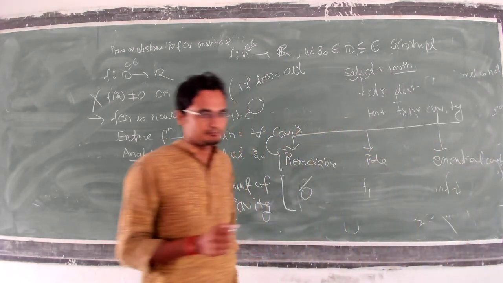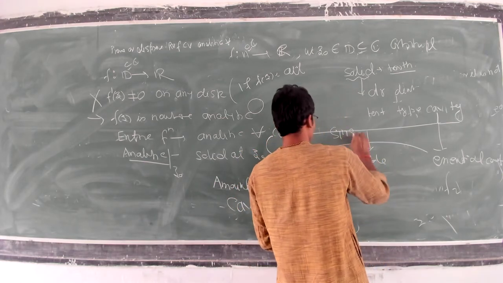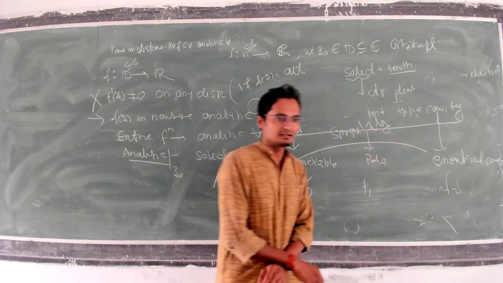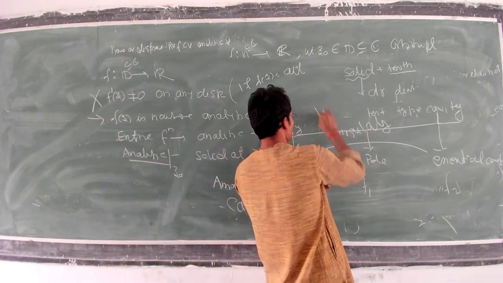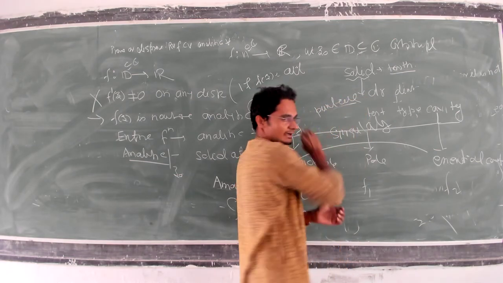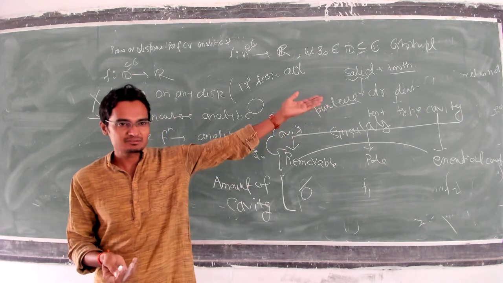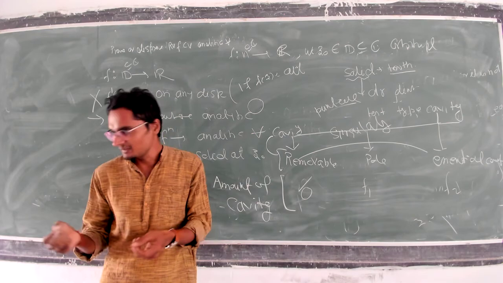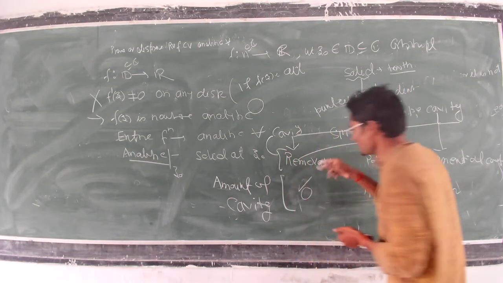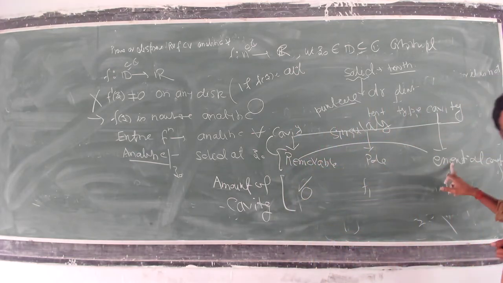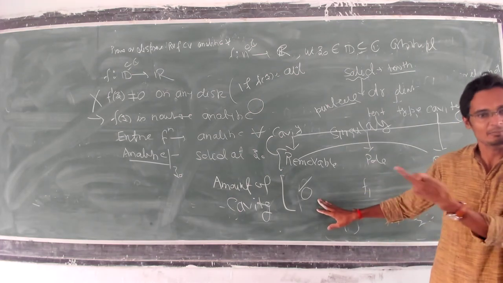In the bookish definition, this kind of cavity is known as the singularity. So if you have a solid, then there is a cavity, singularity or puncture. If there is a puncture in the solid, what kind of puncture is it? Like your bicycle used to get punctured, so you have to go and repair it. Same process here. So how many punctures are possible? Removable, pole and essential. Once the puncture is removable, you don't need to do anything. It will heal up automatically.